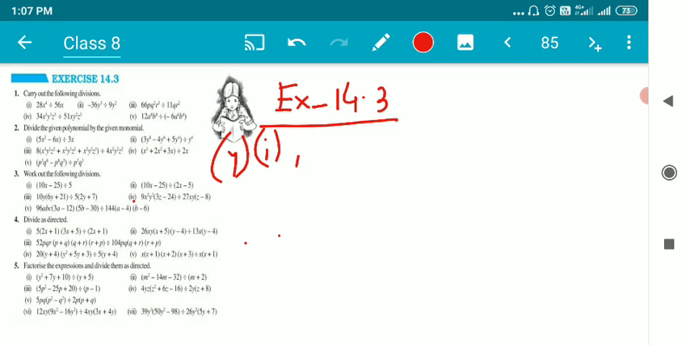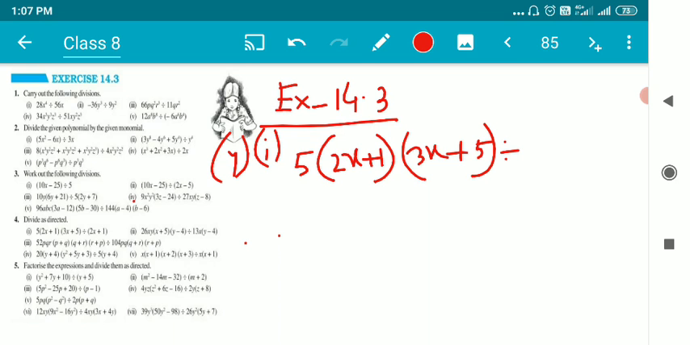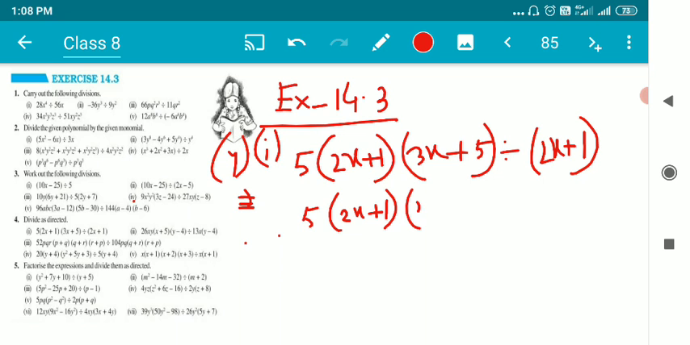That's about 5 into (2x plus 1) into (3x plus 5), divided by (2x plus 1). I'm just copying the question. Now see children, how can we solve it? We have to solve it in the usual technique which we have been using right from the beginning. I'll write it in the form of division as we write in fractional cases. 5 into (2x plus 1) into (3x plus 5) will remain as it is, divided by (2x plus 1)